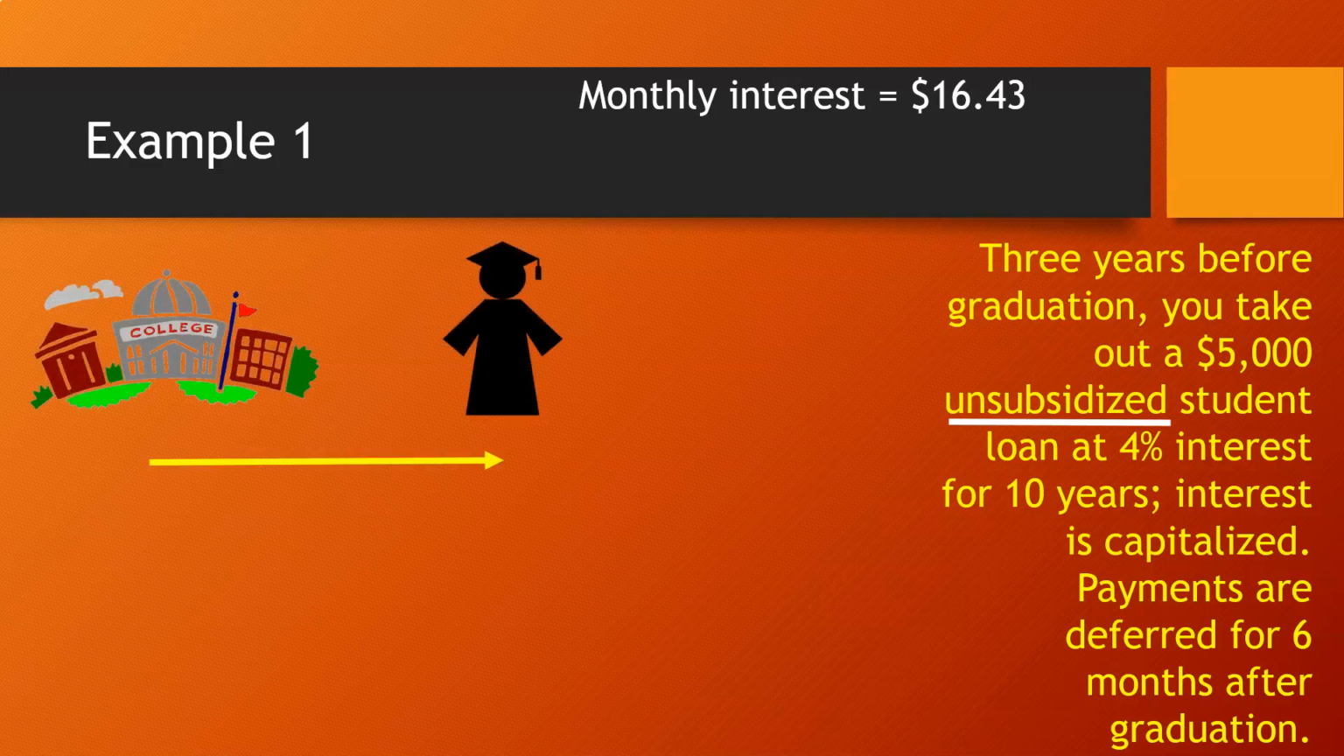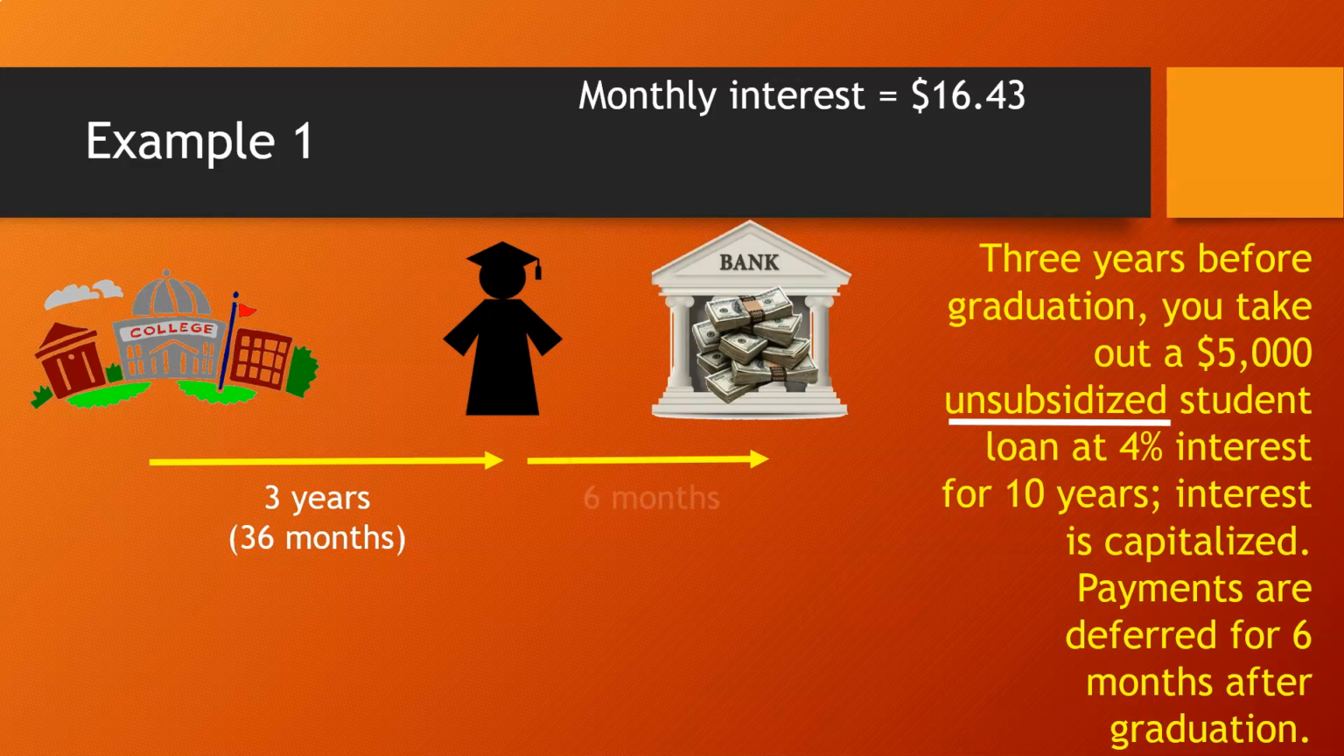So remember, we take the loan out while we're in college, and then at some point we graduate. We know that happens after 3 years or 36 months. Then another 6 months passes before we have to start paying the loan back to the bank. So a total of 42 months passes from the time we take the loan out to the time we have to pay the loan back. Because this is an unsubsidized loan, we are responsible for that interest. So every month we're going to be charged $16.43 for a total of 42 months,